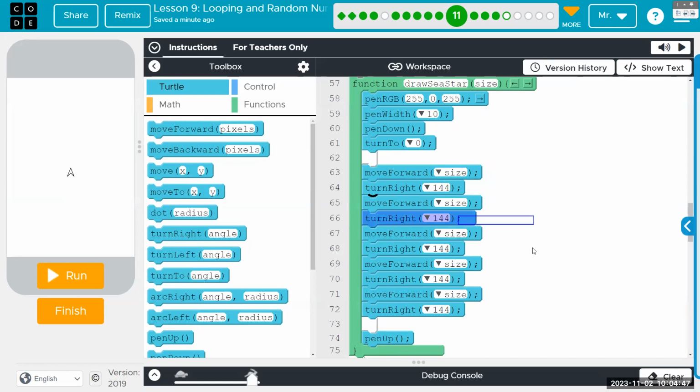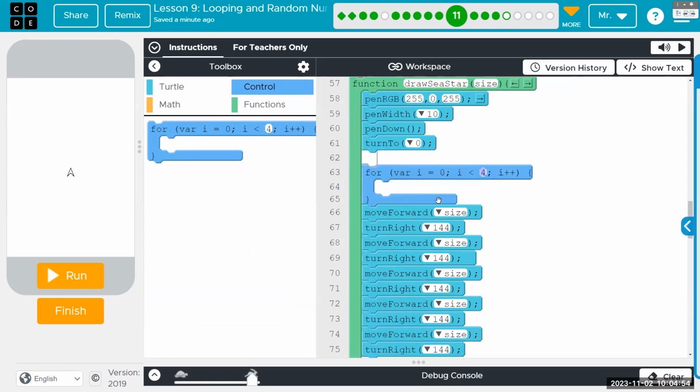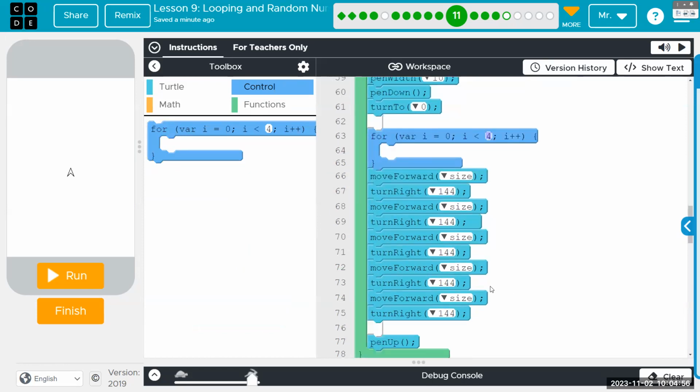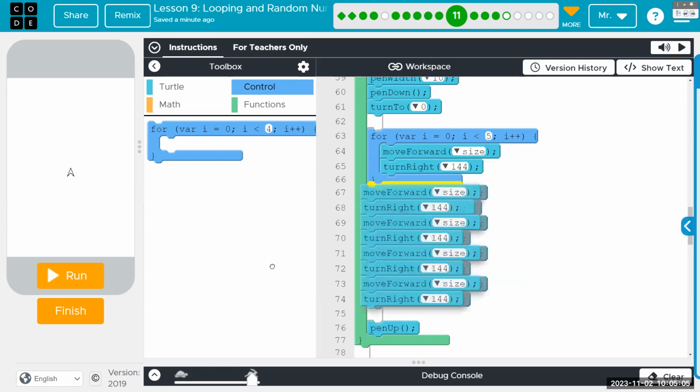Anytime you see the same thing exactly repeated, probably a good time for a loop. Although, depending, it could be a good time for a function. So instead of having 5 of the move forward, turn rights, we can have 2 of them done 5 times, and then get rid of the other 4.